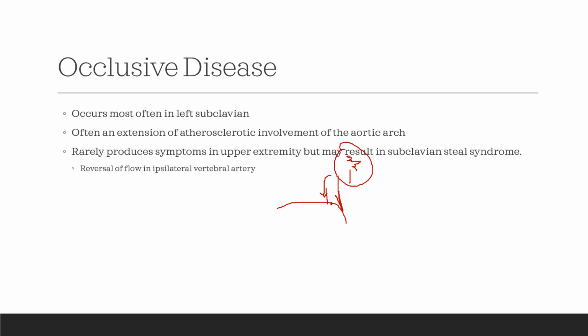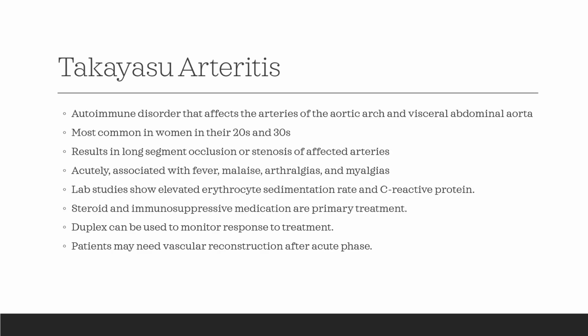It doesn't happen overnight. It progressively gets implemented over time, but it's usually because of that subclavian occlusion. The next disease we'll talk about is Takayasu arteritis, and this is an autoimmune disorder that affects the arteries and aortic arch and the visceral abdominal aorta. And it's most common in younger women in their 20s and 30s, and it results in long segments of occlusion or stenosis of affected arteries, which can be associated with fever, malaise,